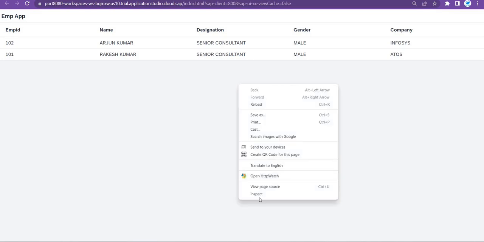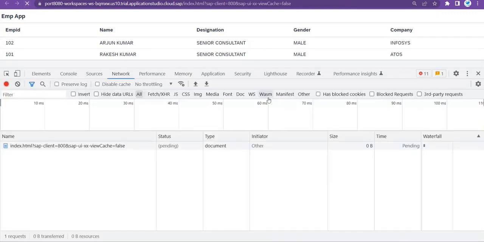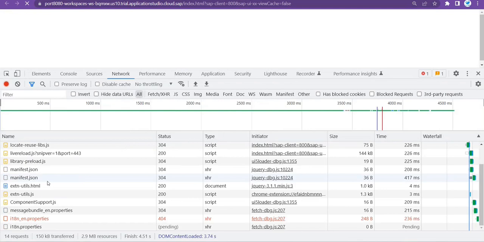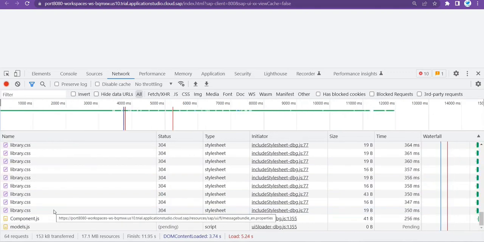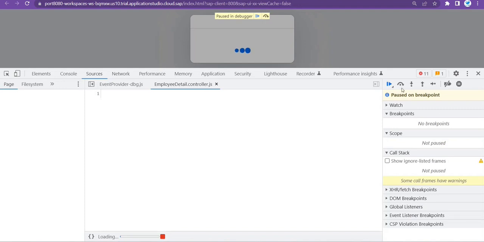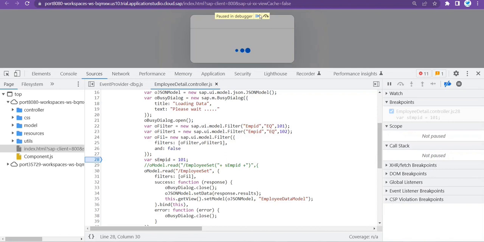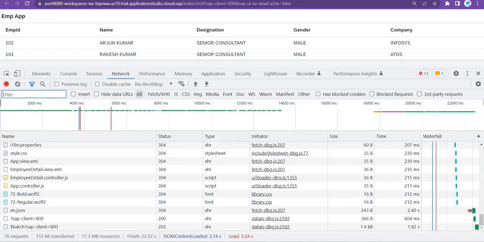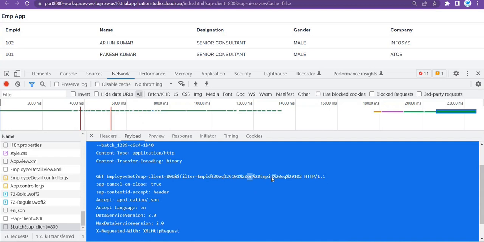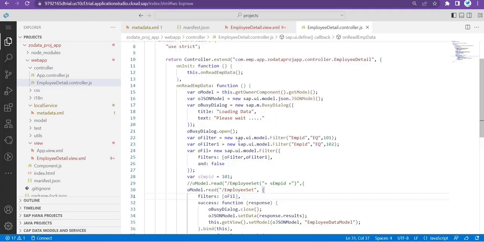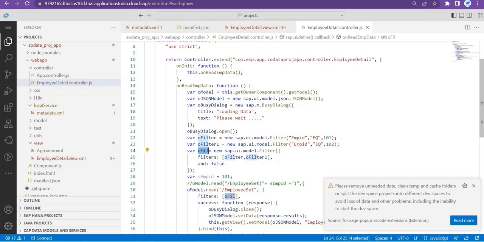See, am I getting 2 records now? Now, if you go to the network, probably we should be able to see 2 filters getting passed in an OR condition. Okay, in this, can you see the condition here? $filter equal to EMP ID EQ 101 or, see, this is the OR, and after that EMP ID EQ 102. So likewise, we have passed 2 filters. Make sure that you can create multiple filters, but at the end we need a single filter only. And within that single filter, we have to merge